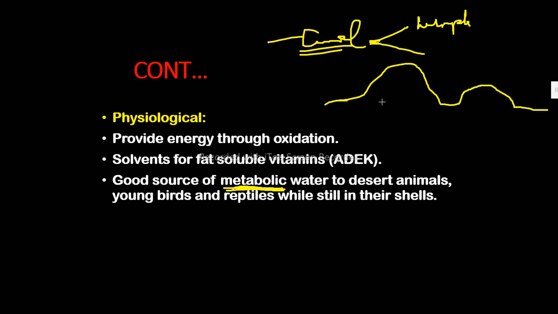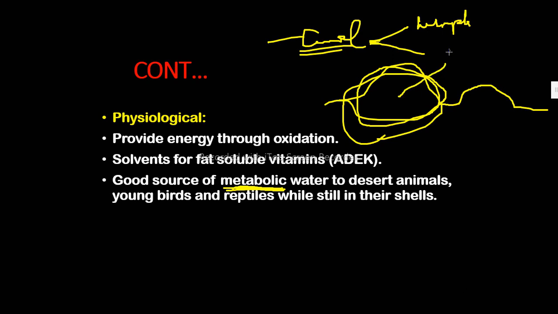Now, what are these 2 humps? One is larger than the other. The 2 humps store a lot of fats. Remember, for these organisms it's hard to get water because they are desert animals. They live in deserts. You walk kilometers and kilometers to find an oasis, a source of water in the desert.